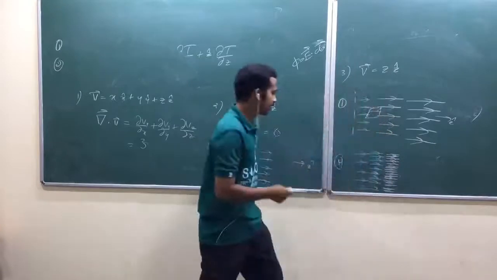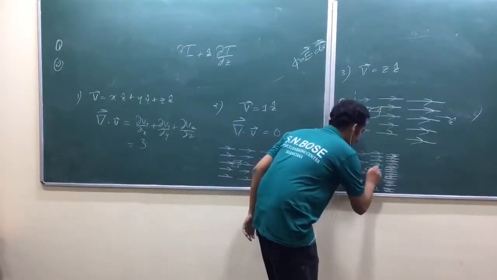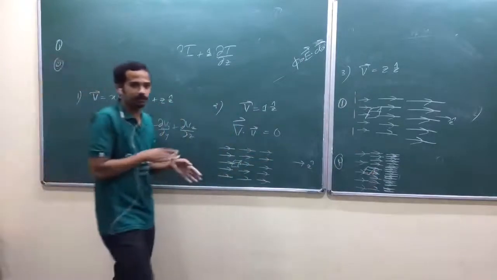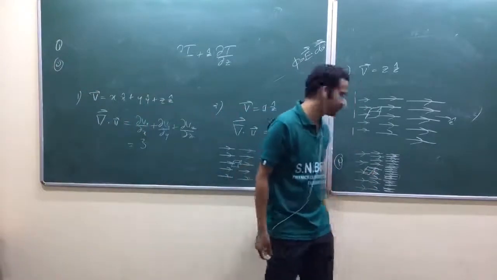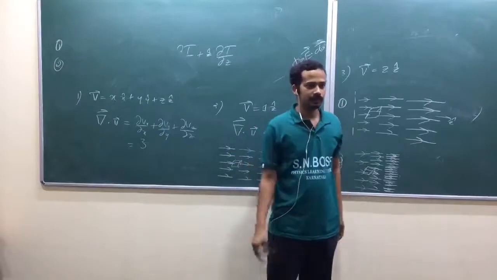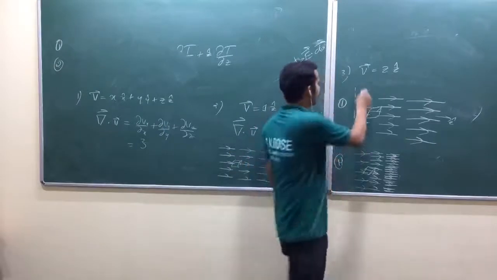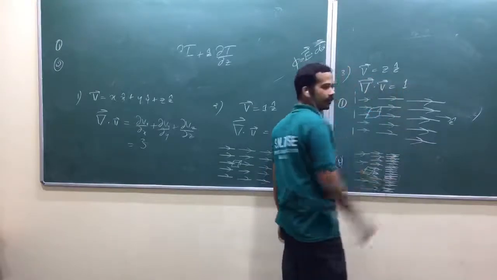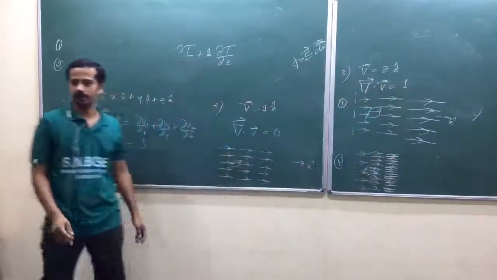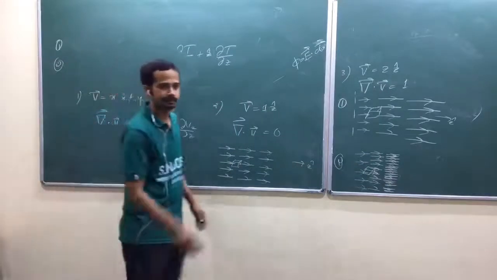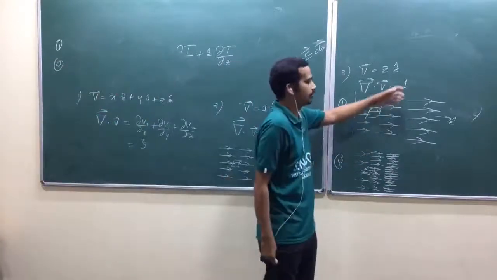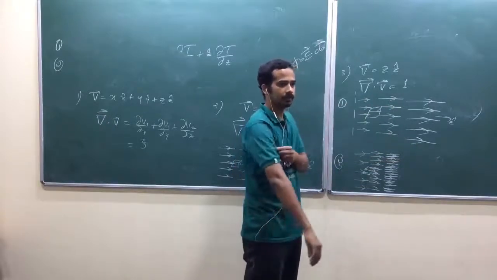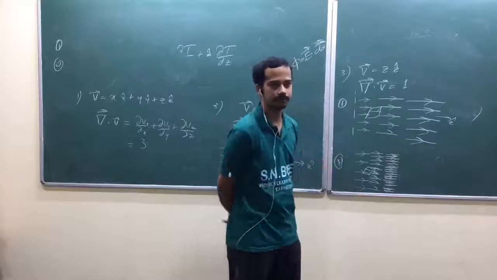Look at here, if you take any infinitely small volume again, number of field lines going into that one is less, number of field lines going outwards from that one is more, obviously, isn't it? So now if you take a divergence, what does it represent? There is a source everywhere, isn't it? Because it is non-zero everywhere. That's why there is a source everywhere.